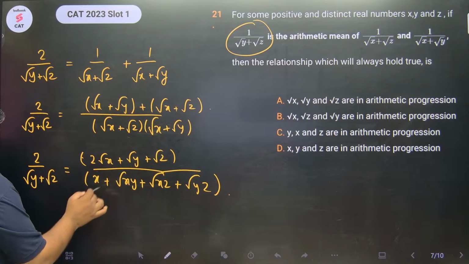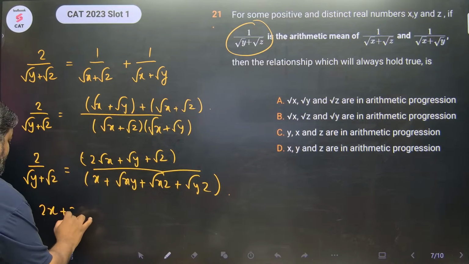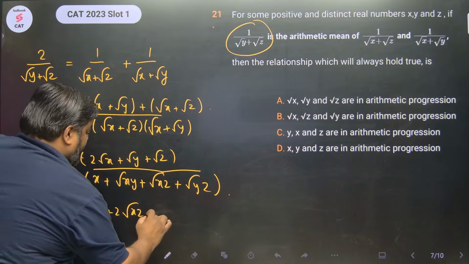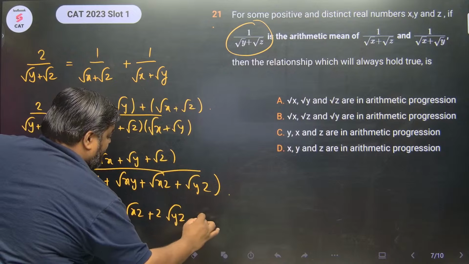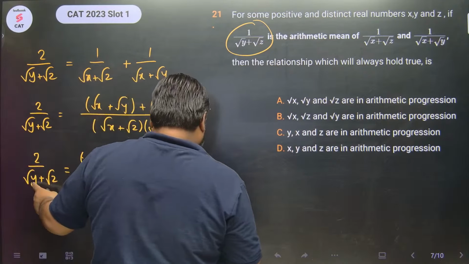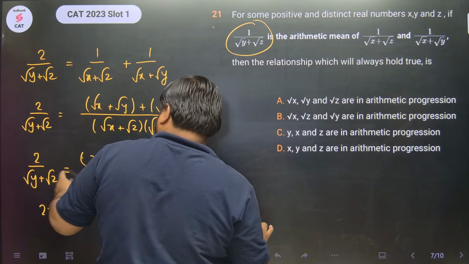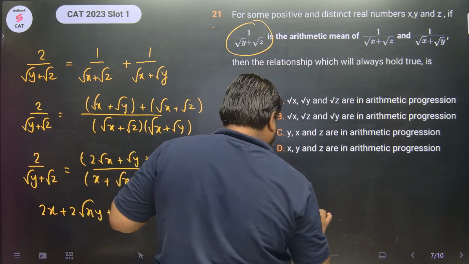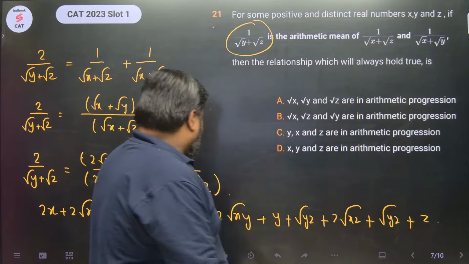क्रॉस मल्टीप्लाई करो। सो 2x प्लस 2√xy प्लस 2√xz प्लस 2√yz। ओके, इसको मल्टीप्लाई करेंगे इसके साथ तो क्या मिल जाएगा सर? चलो सर, 2√xy प्लस y प्लस √yz प्लस और 2√xz प्लस √yz प्लस z, ये मिलेगा। ओके, ब्रेक किया तो